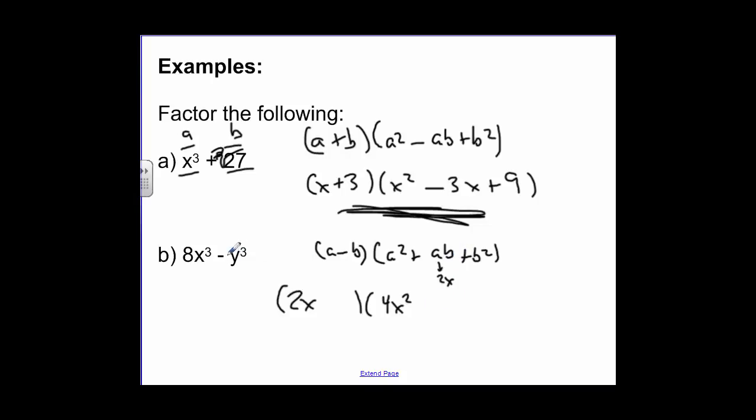This right here is going to be cube rooting y cubed is just y, so we'll need a y there. We'll need y squared there. And then this guy right here, we'll have to put the 2x with the y. There, something like that. Maybe do a quick check just to make sure it all looks like it should hold. 2 times 4 would give you 8 with an x squared. Another x squared is x to the 3. That looks good. This y times that y squared will give you y to the 3rd, except I made a